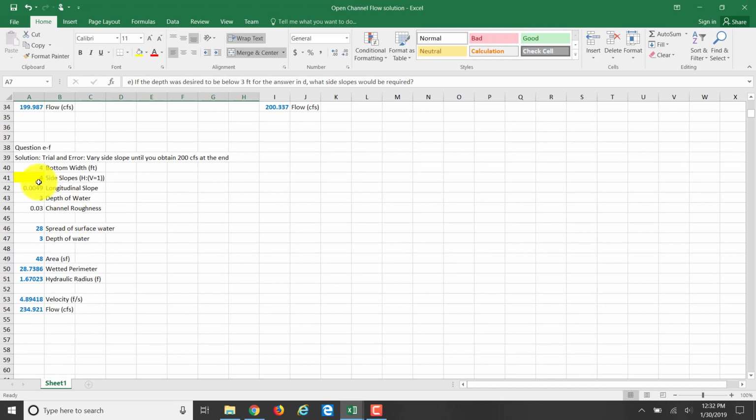So that's a little bit too high. And come over here to 3.1, and I'm getting close. So I have 197. I could probably make my side slopes a little bit more than 3.1, and 3.15,